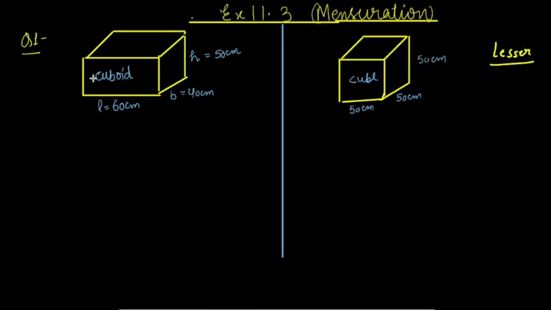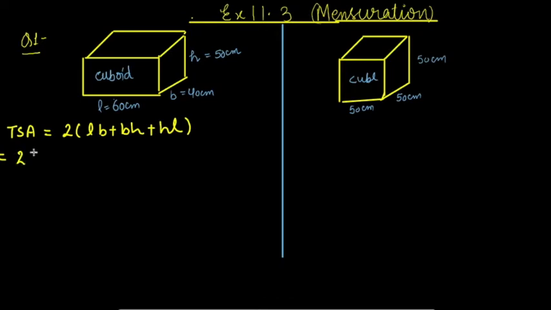Okay. So in the first figure, let's calculate. If you have to calculate which will require less material, it means you have to calculate the area of both the boxes. Area means you will calculate the TSA of both the boxes. So TSA will give you how much material will be required, and then we can find out which box will require the lesser material. We have already done the formulas for TSA. Let's do it one by one. TSA of cuboid will be how much? 2 into (LB plus BH plus HL). You can see my previous video to understand how we have calculated these formulas.